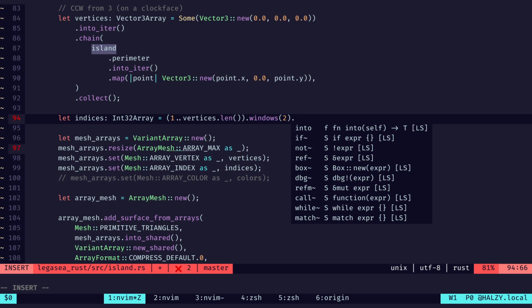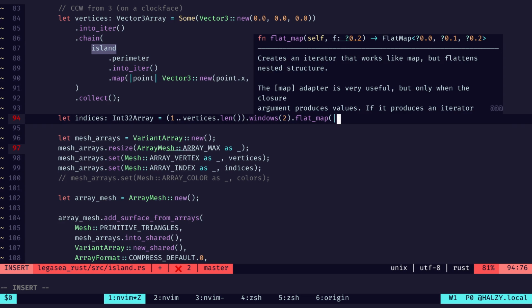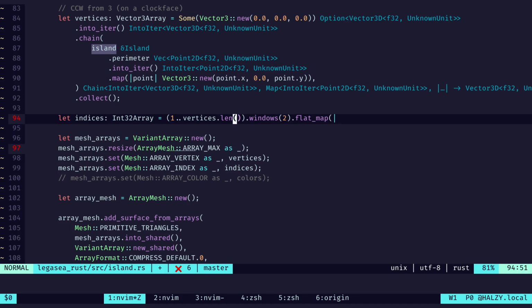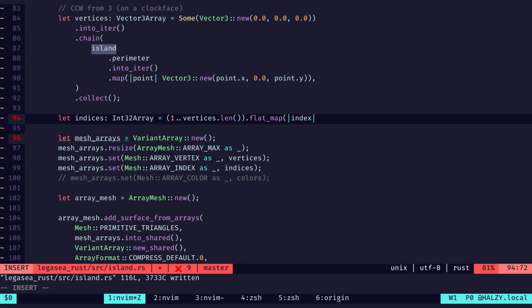Right, so if we did that, and then we mapped that, flat map, we would have two vertices. Well, we'd basically have two numbers. It'd be from like 1, 2, 2, 3, etc., right? And technically we don't need a window in order to do that. We just plus 1. So given the index, we're going to flat map that into